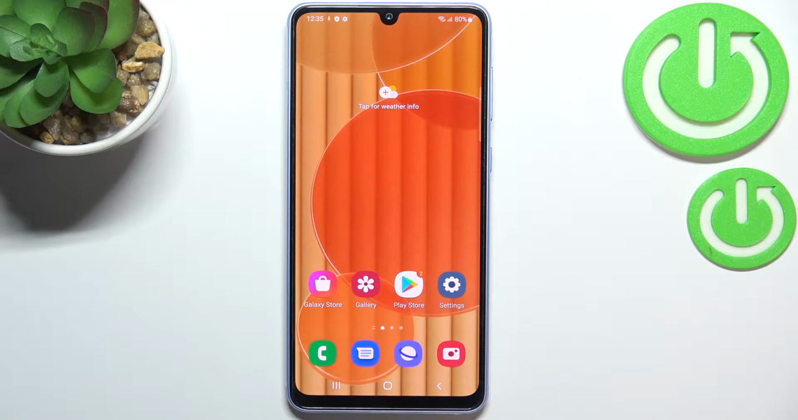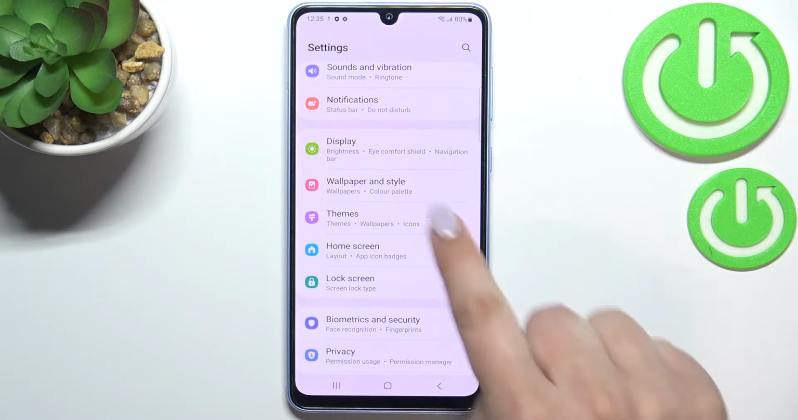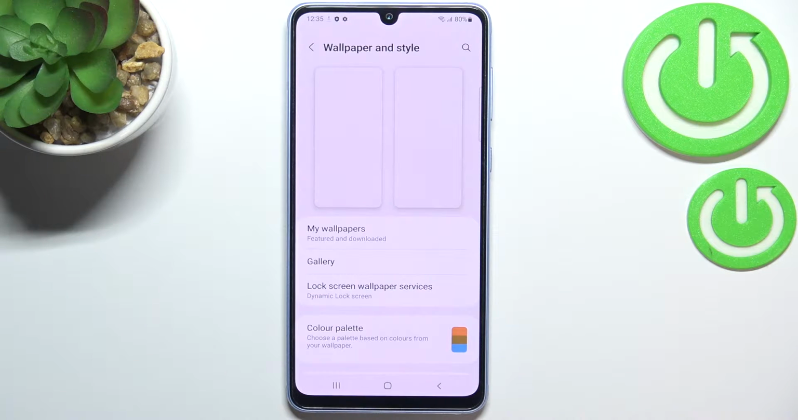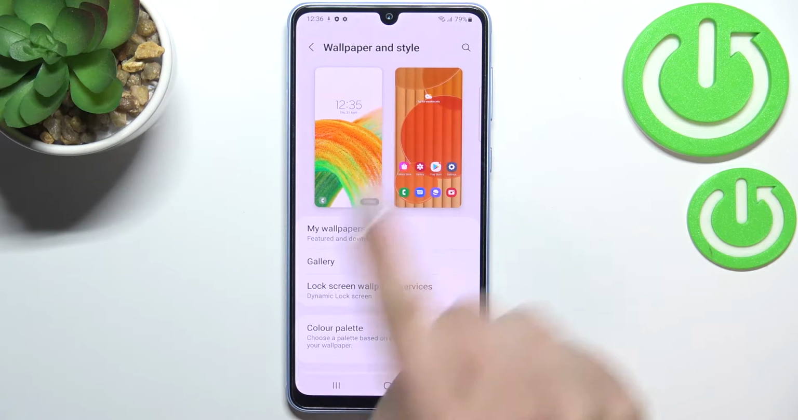Hi everyone, in front of me I've got Samsung Galaxy A33 and let me share with you how to change the wallpaper on this device. So first of all we have to enter the settings, and now let's scroll down in order to find wallpaper and style. And as you can see right here, we've got a preview of the lock screen and home screen,